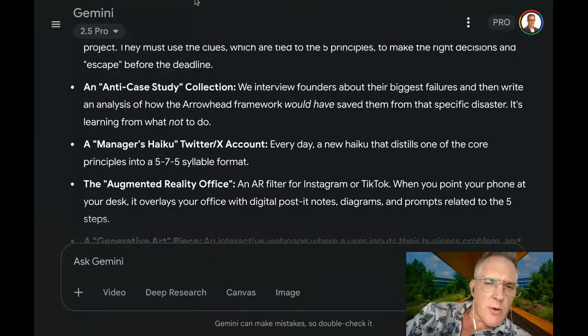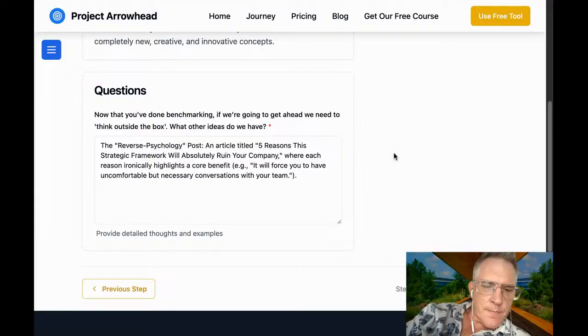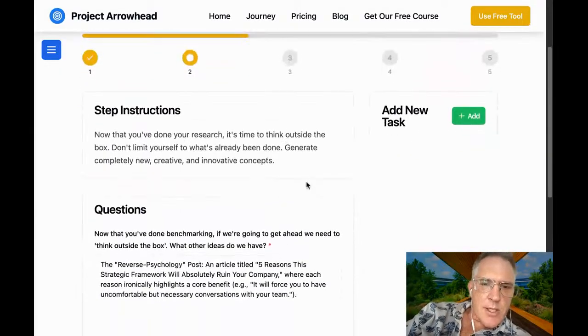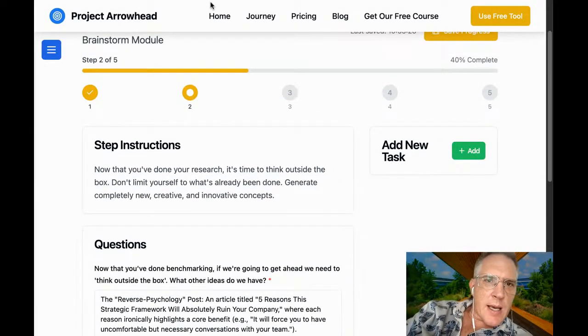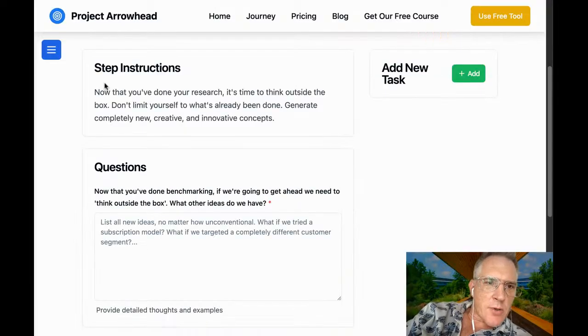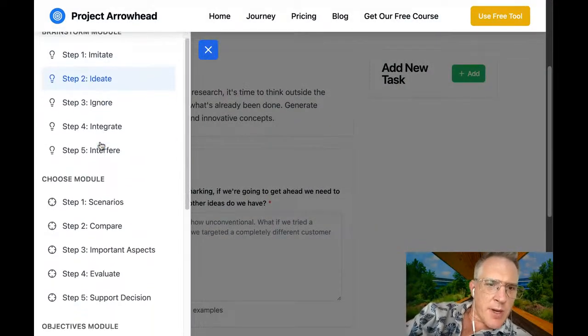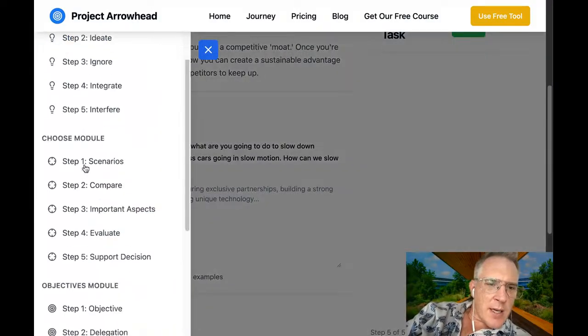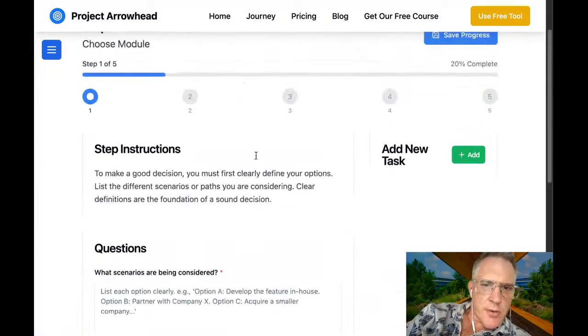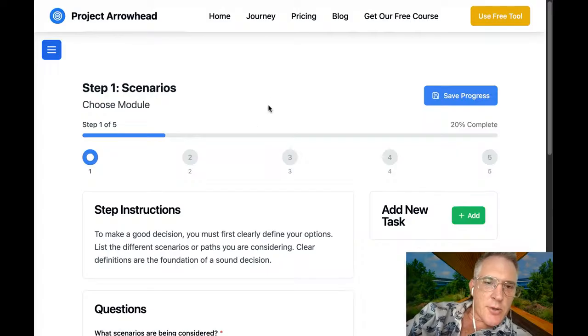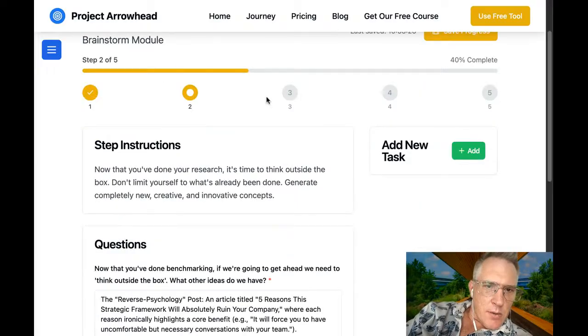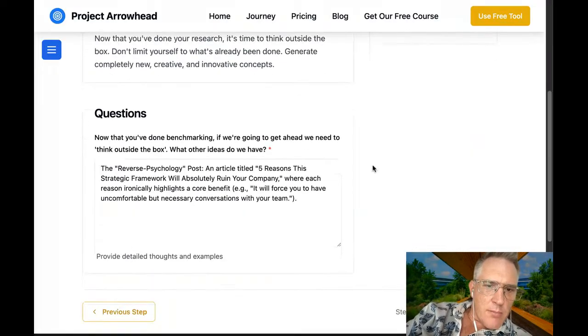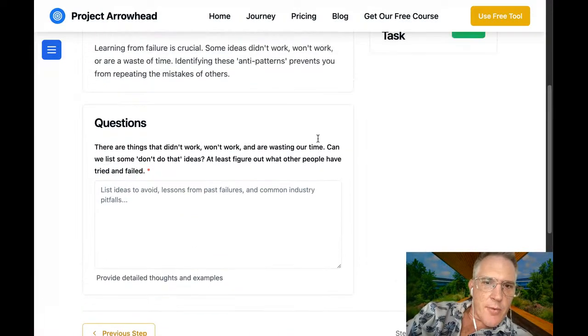But what's the point? The point is we got a whole bunch of ideas, and well, we didn't make a decision yet. So that's the whole point, that right now we're only brainstorming. After we go through this brainstorming module, then we're eventually going to get to the choose module. We're not going to do the choose module right now, but eventually we are going to get to it. So the main thing right now is we're trying to come up with ideas. And we are now on brainstorming page, step number 3.